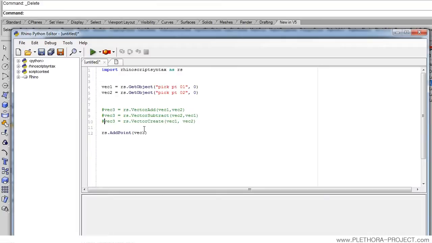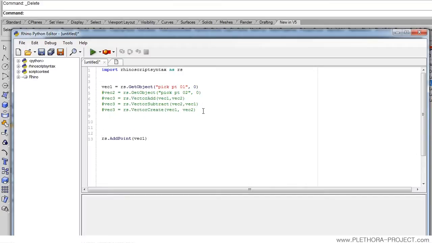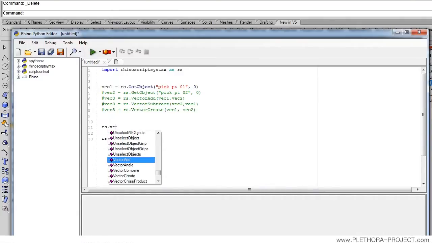Let's see something else. Let's forget about vector 2 for a second, and let's work with vector 1. I'm going to just add a point in vector 1, right? I'm going to create out vector 2 as well. But I'm going to do a few operations here to vector 1 as it is. I'm going to say rs dot vector scale,